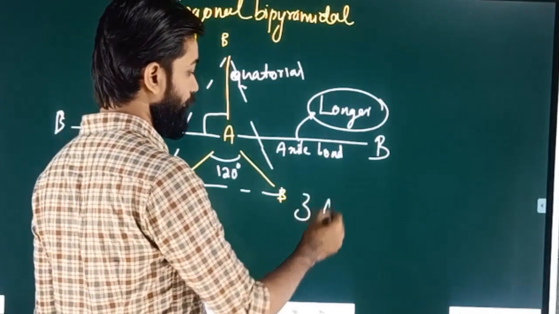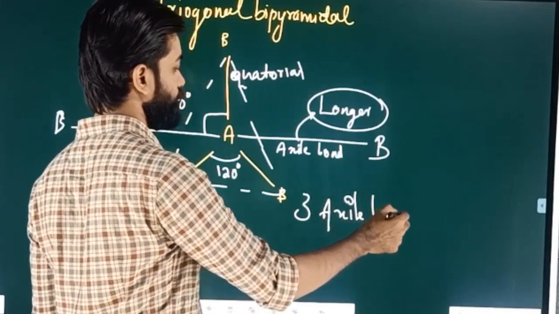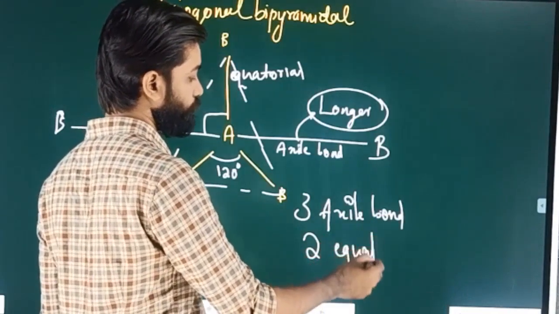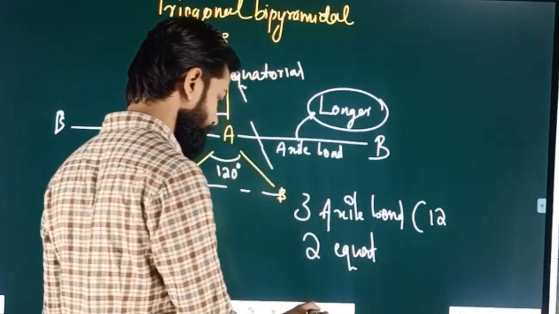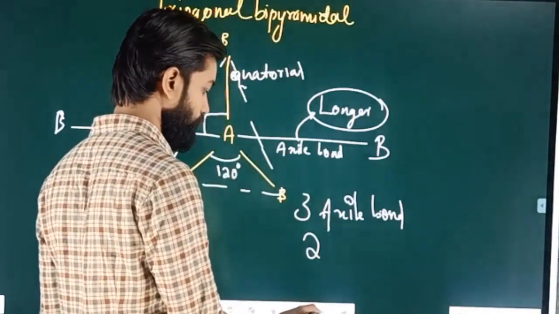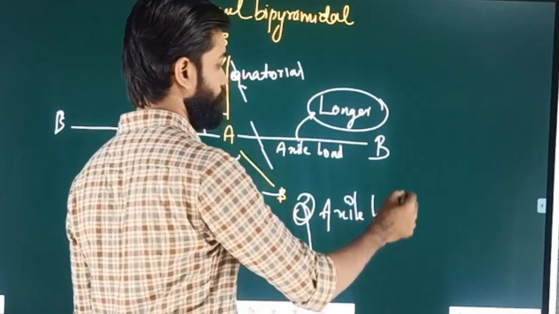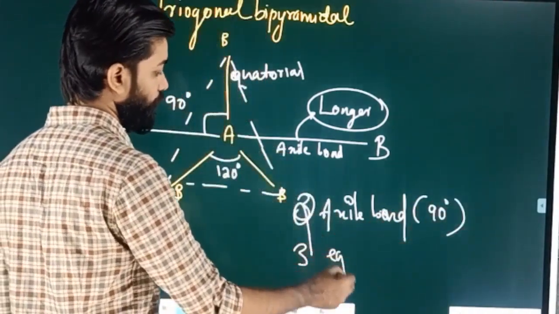So 2 axial bonds of 90 degrees and 3 equatorial bonds of